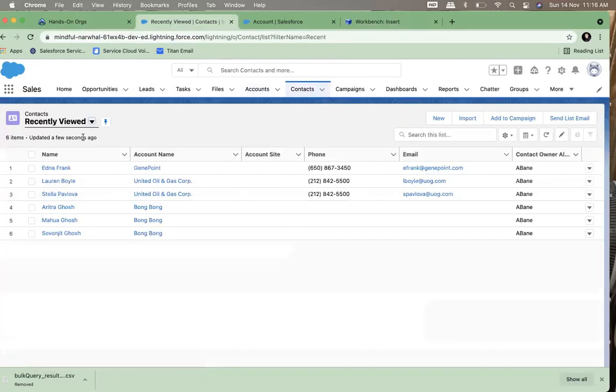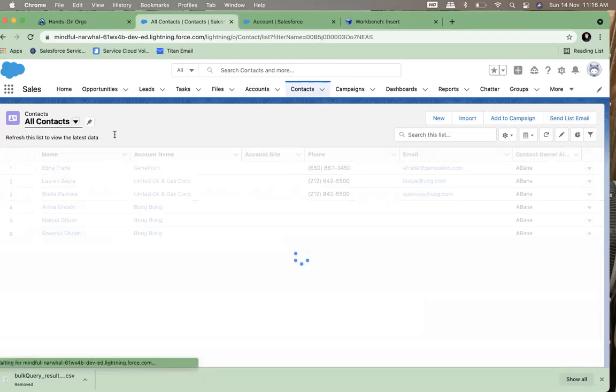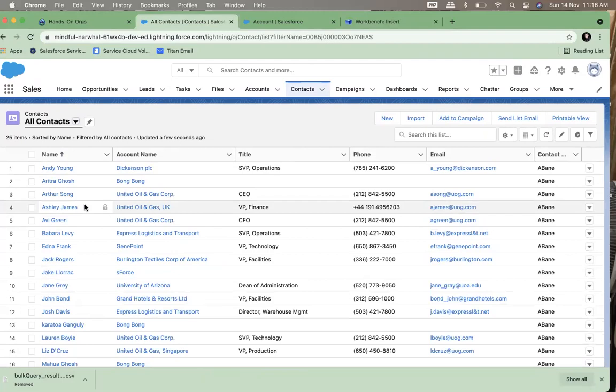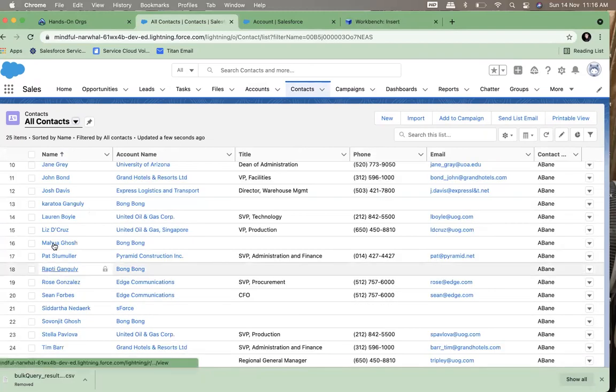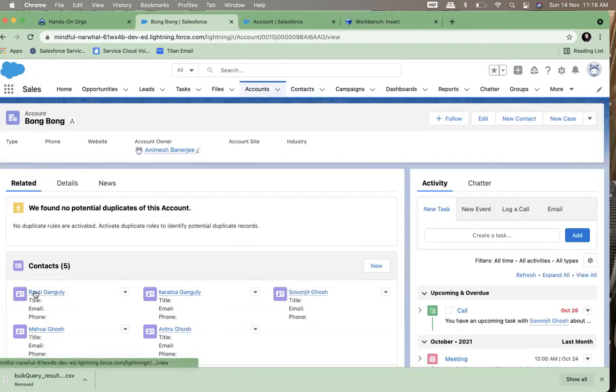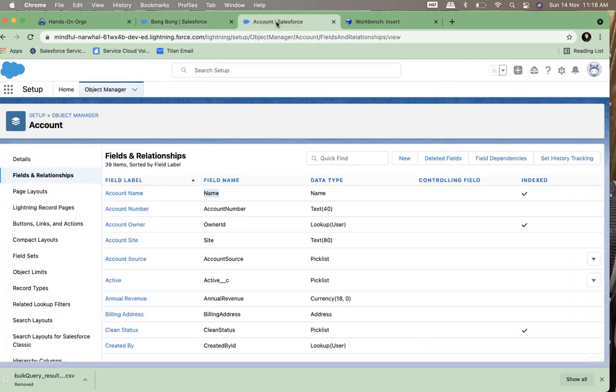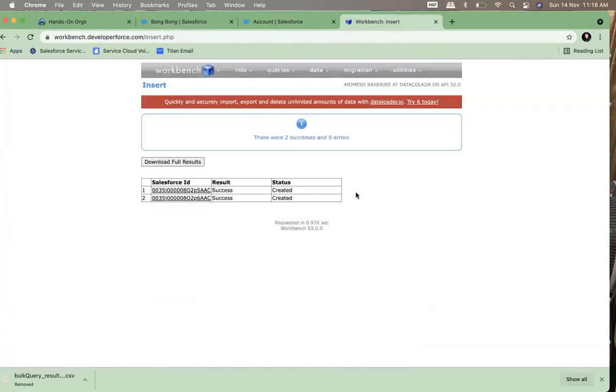If I go there, all contacts, I see these two got created, both associated to Bong Bong. That means when I go to Bong Bong, I can see these two already created here. You see? So if you want to create records, then you have to extract the parent record ID to create the lookup. So this field, which we filled up, the last one,